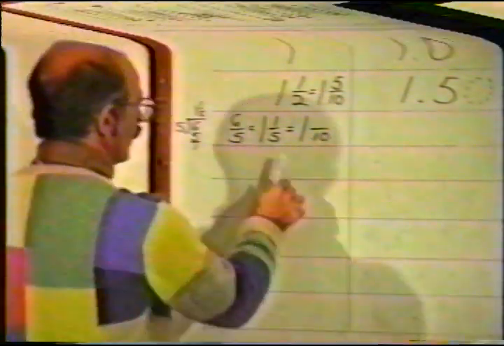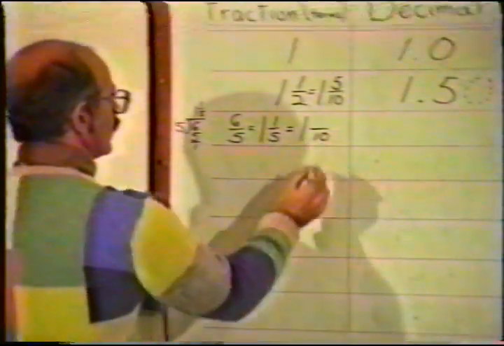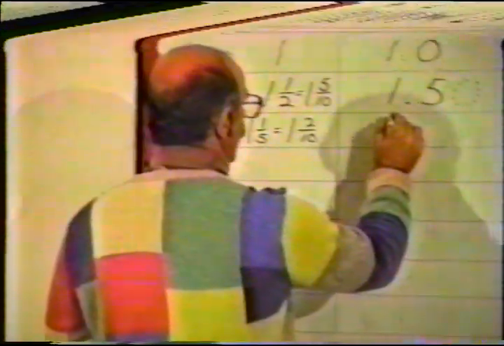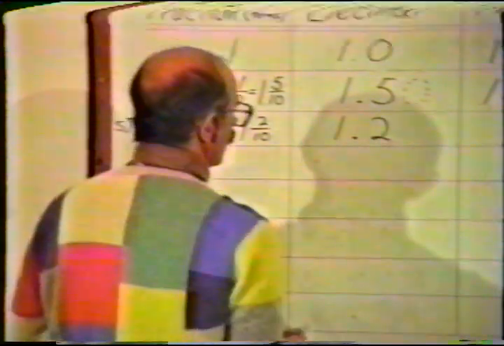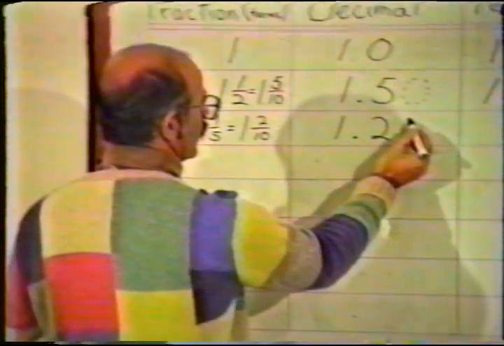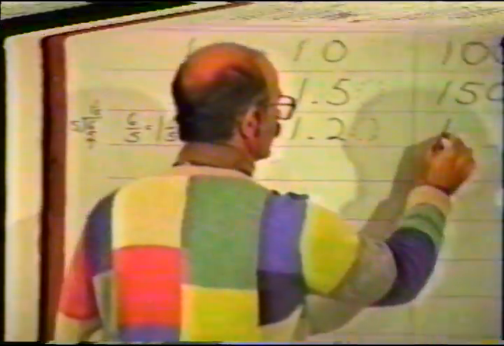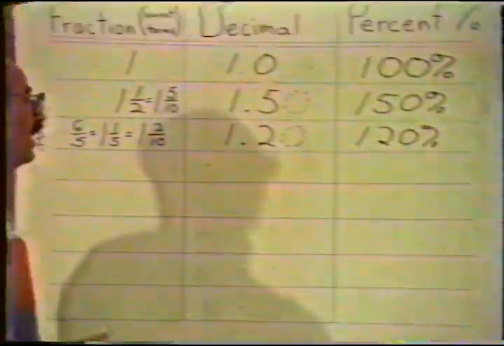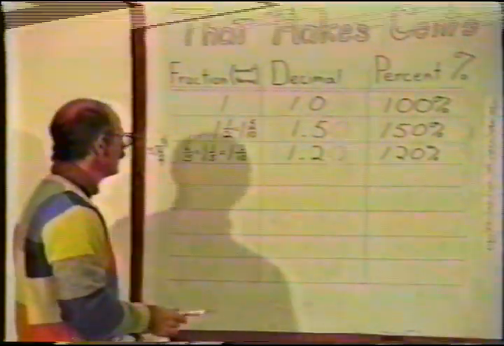many tenths. 5 into 10 goes? 2. Times 1 is? 2. 1 2/10, which we can write as 1.2. Moving over 2 places to the right, we need to put in a 0, and we get 120%. Well, if we want, we can save ourselves a little bit of work and just realize that the